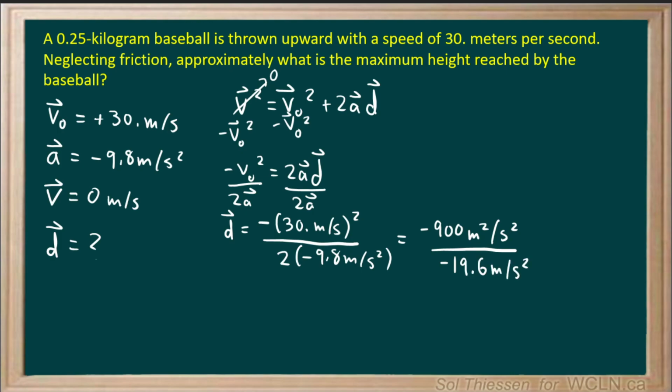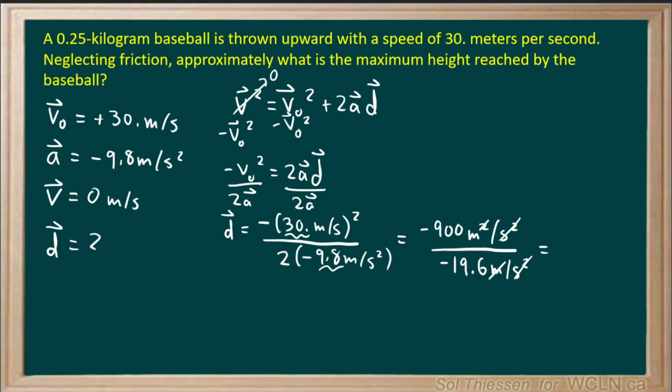Note that in the numerator and denominator, we should technically only have 2 significant figures. I'm keeping more in the denominator for now so that we get an exact result for this division. The second units will cancel, one of the meter units in the numerator will cancel, and we'll be left with